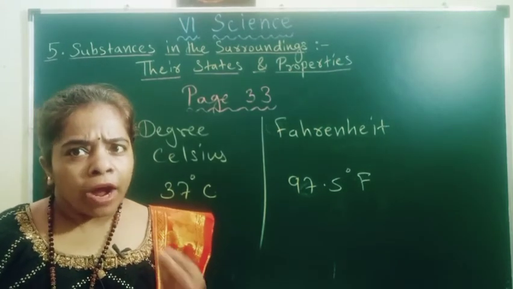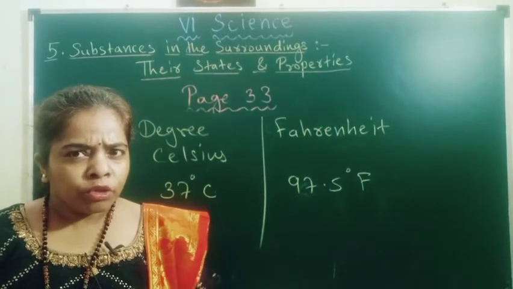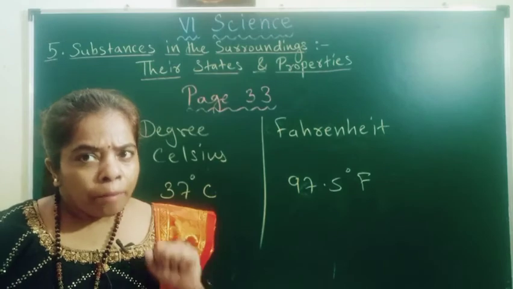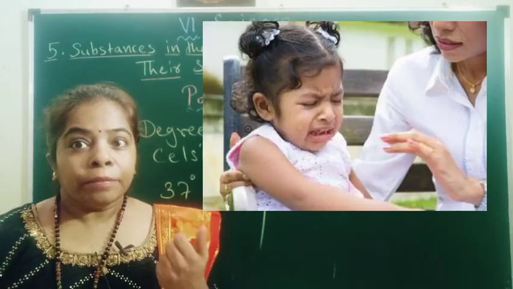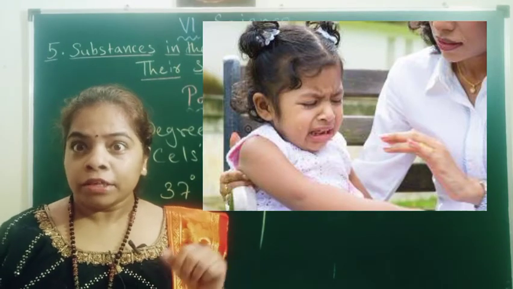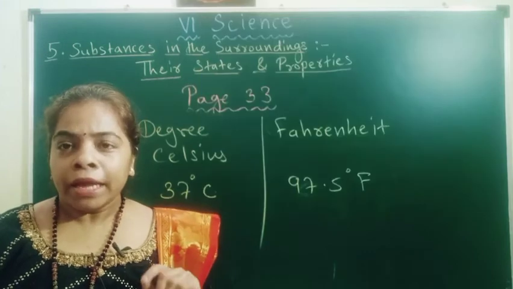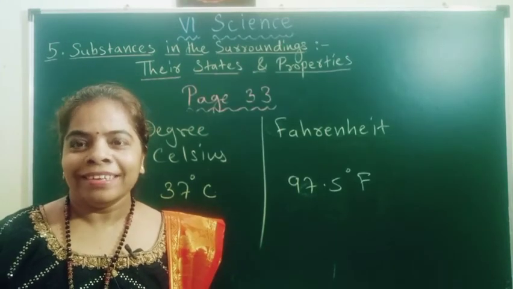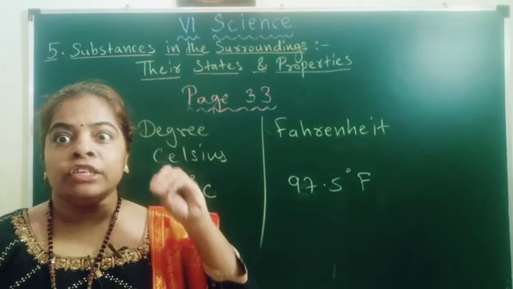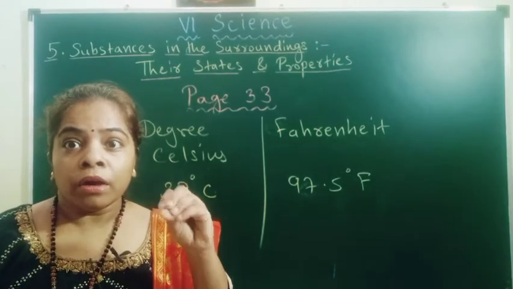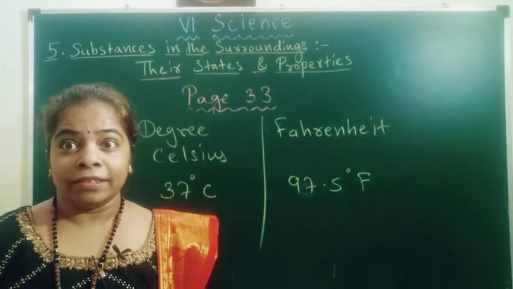But first thing, why do we use a thermometer for measuring temperature? Can we not touch and see? But I would ask, why would you want to touch and see? It can be dangerous. If the substance is very hot, it can be very dangerous. So a better way is to be careful, right? And so we use a thermometer to get a correct judgment about the hotness or coldness of a substance.